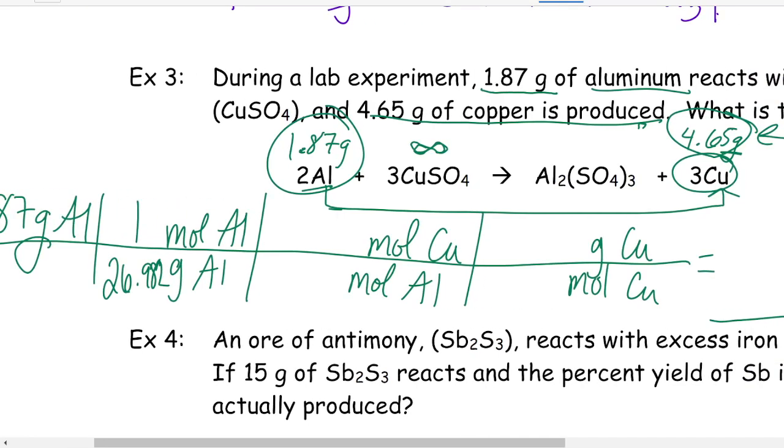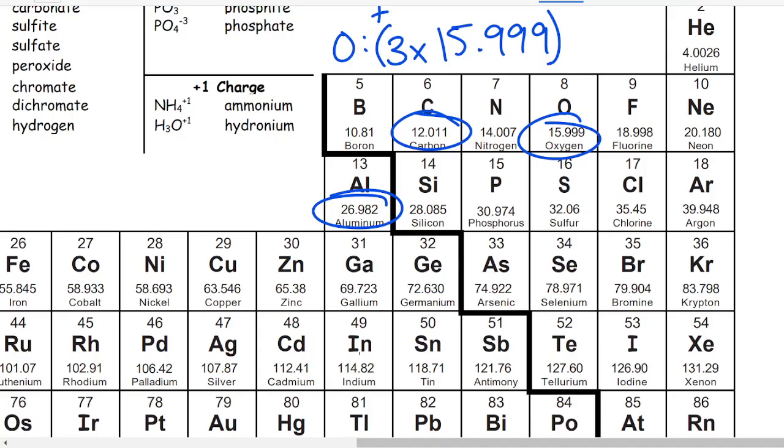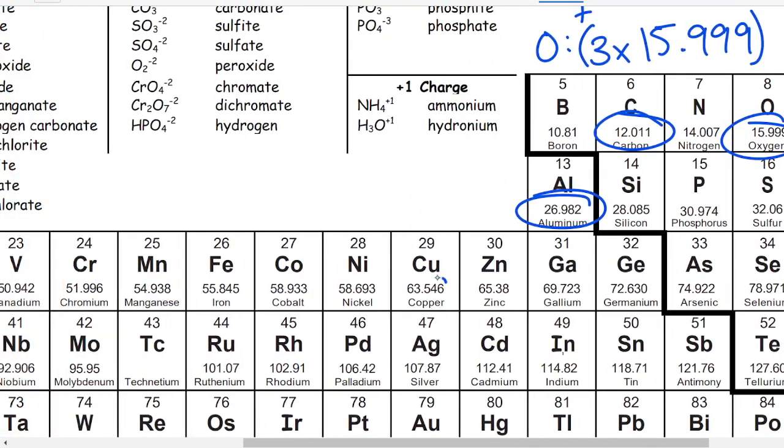And then I have moles of copper to moles of aluminum. That comes from my mole ratio, which is in the balanced chemical equation. The number of moles of copper is 3 for every 2 moles of aluminum. And then grams to moles, again, that's still called molar mass, which means I'm putting 1 mole, because molar mass, by definition, is always 1 mole. And the number of grams of copper comes from my periodic table, so